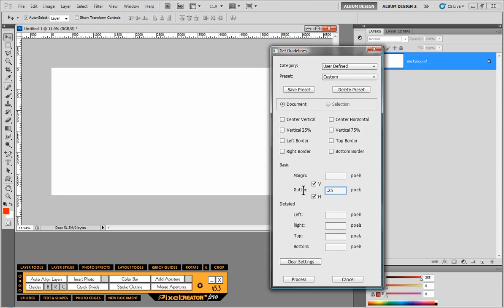The key thing to keep in mind when we're doing a gutter is that whatever dimension that we enter, no matter how we enter it, it's always going to be double what we enter. So I entered in 1/4 inch and I checked the vertical and horizontal option. So when I hit process,